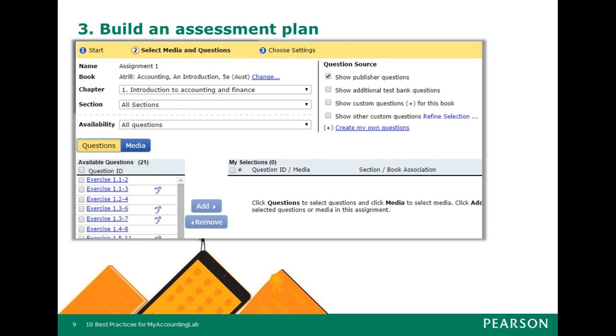Then you go into the content that we actually have. So everything's broken down by chapter of the book, sections within the book. You can pull questions for other books even as well. You can show publisher questions, which are test bank questions and which are more full tutorial style questions, your own custom questions. Everything's customizable in here. So you can very quickly go through, you can click on one of these blue links which will simply bring up